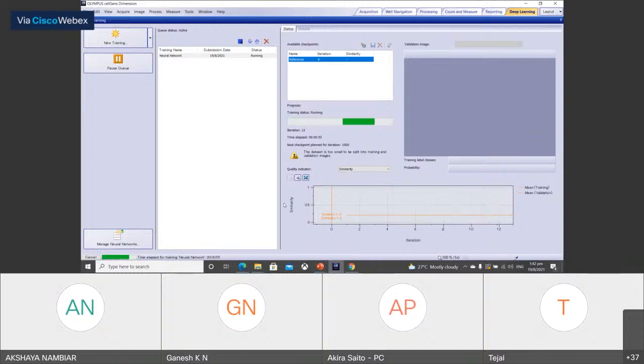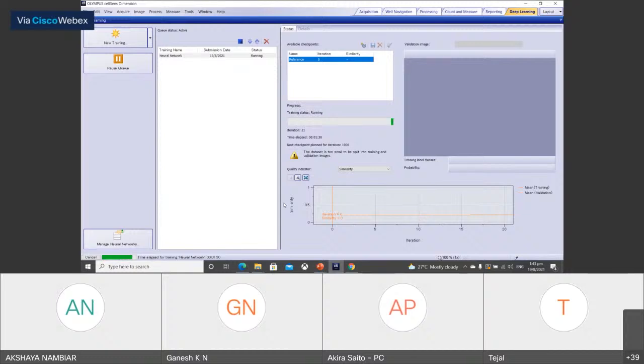But if there is a very wide variety of objects that are labeled, then the similarity cannot be very high. But you can see that with lots of iterations, the similarity goes to the peak. Then you can think to stop the training.